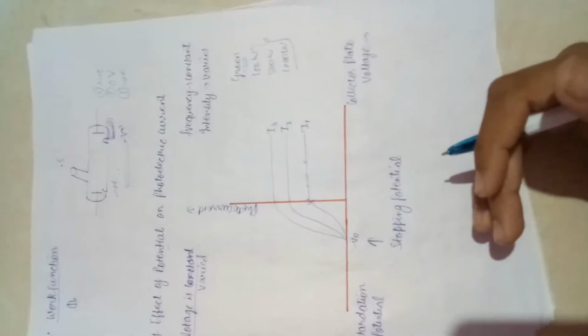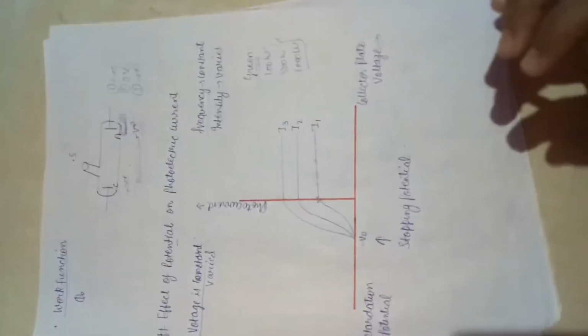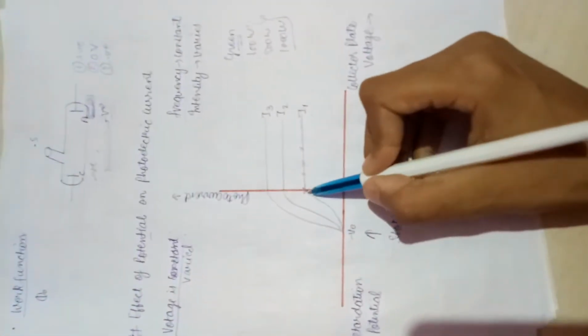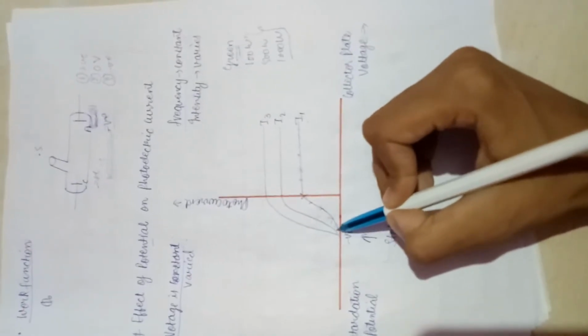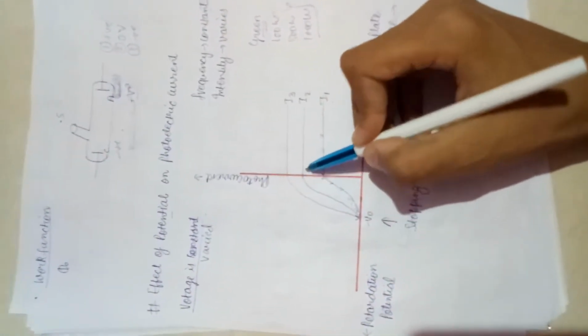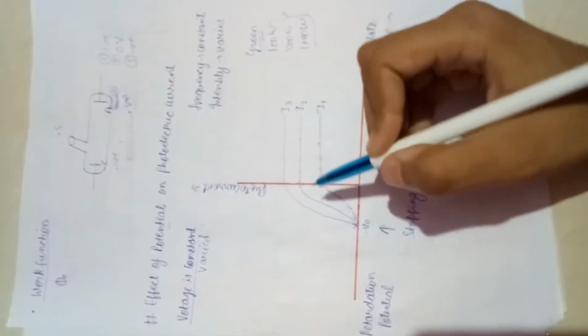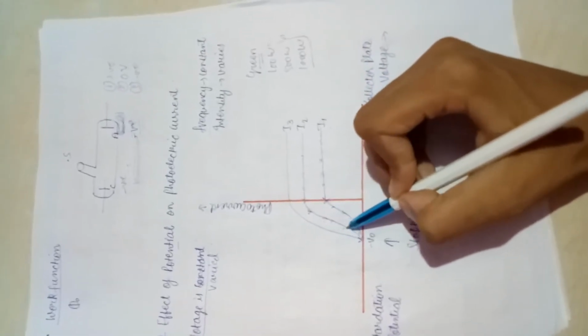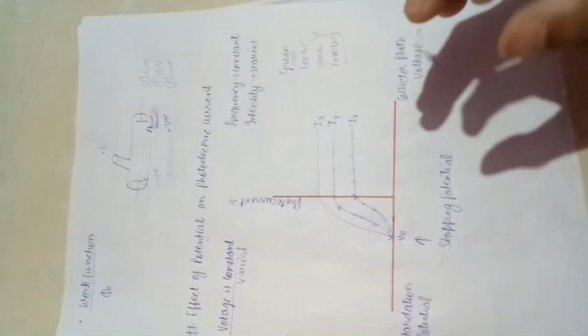And now if we slightly go on decreasing the value of voltage, there comes a point where we get no current. Hence this is shown: the current slightly decreases, and there comes a point that we get no current. Again, if we take a more powerful bulb, the same procedure happens. We get a constant value, then the current slowly increases, we attain saturation, and if we put the anode at negative potential, the current goes on decreasing, and again we achieve a point where we get no current. And again if we increase the power of the bulb, the same procedure repeats.